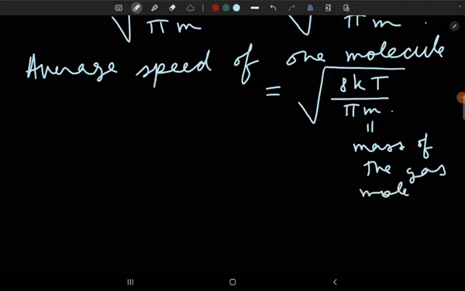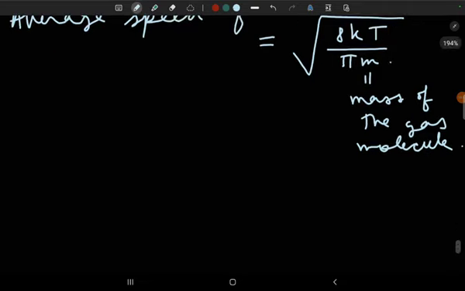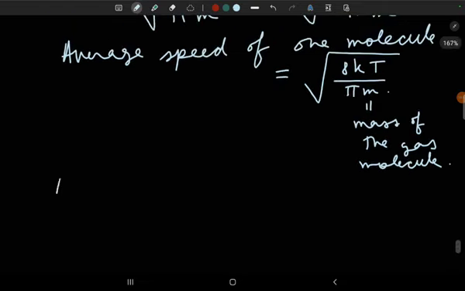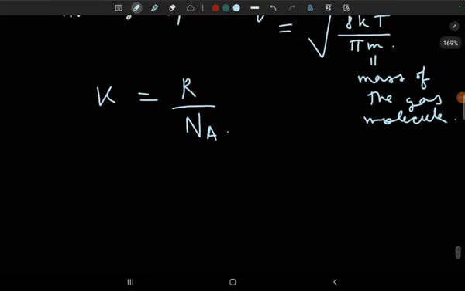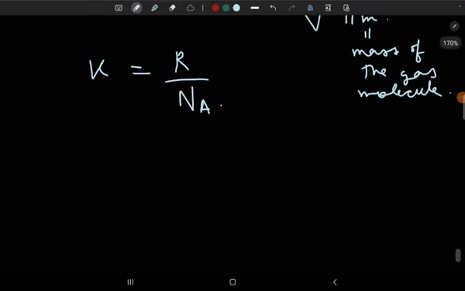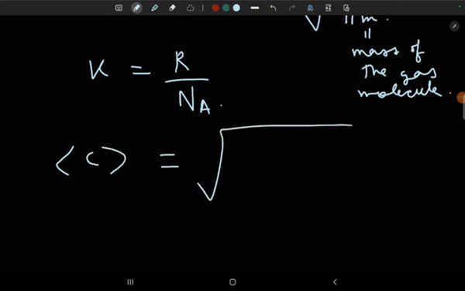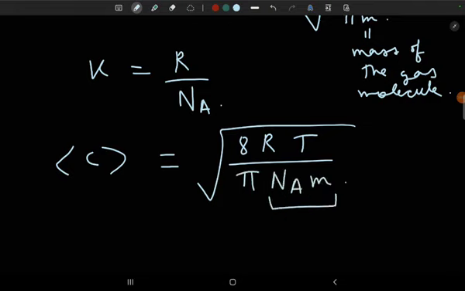If we had to express this mass of the gas molecule in terms of the molecular mass, the average speed can also be, because remember that k was actually r by na, so when you put k, average c is actually the square root of 8RT by pi na times m. This na times m actually gives, remember that mass of one molecule by molecular mass is actually